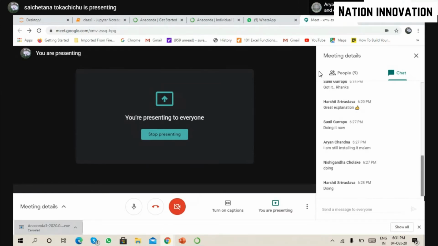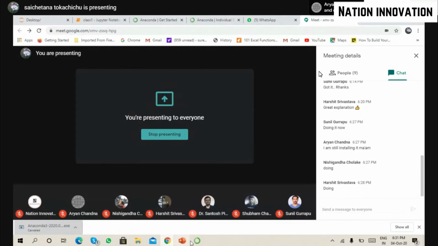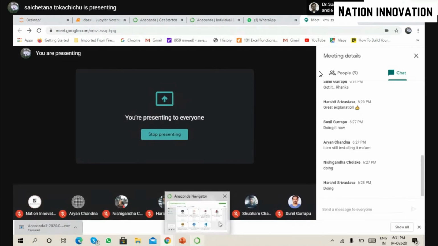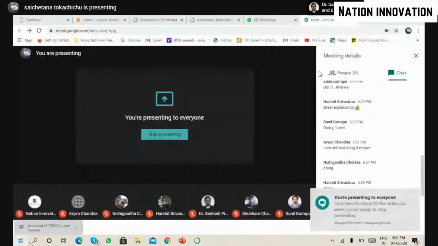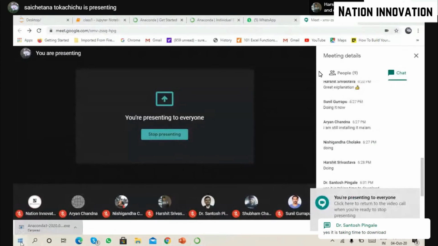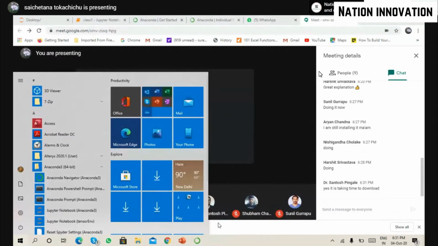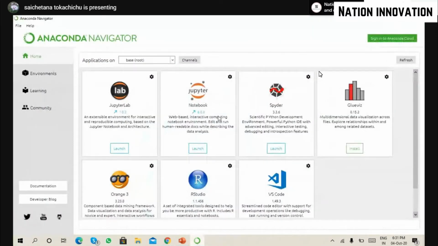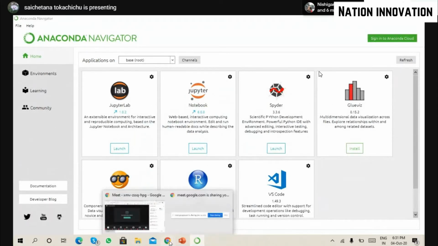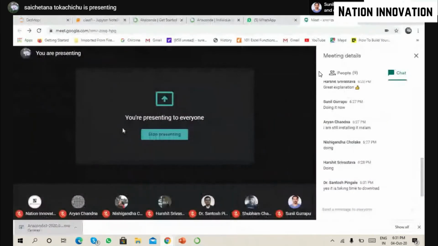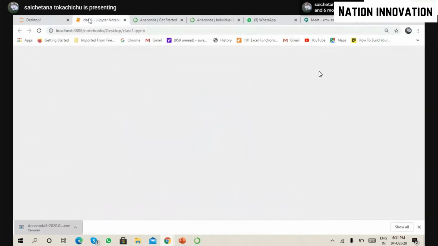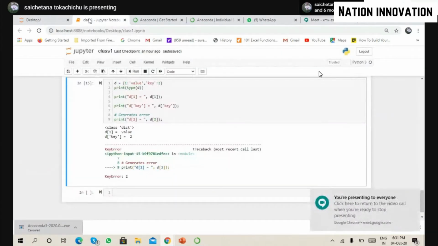In the meantime, let us explore what a notebook is, how it looks, and how we start a Python notebook. Our starting step will be to go into the Anaconda Navigator. After going into the Navigator, you select Jupyter Notebook and select Launch. After launching it, you will get the Jupyter Notebook in your default web browser. Whether you're using Internet Explorer, Firefox or Chrome, in that you would get this screen.